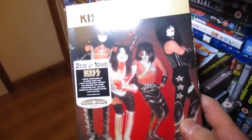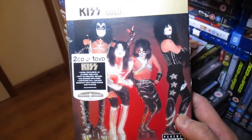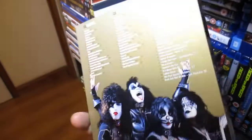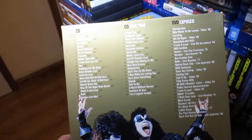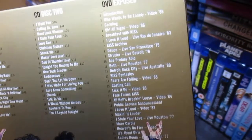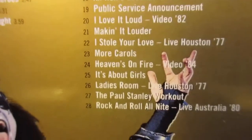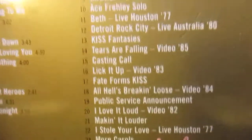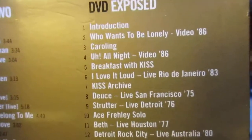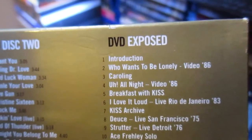Next up we have Kiss Gold, which features two CDs and one DVD. I've always been a fan of Kiss, and it's got some of their best tracks on here, some of my favourite tracks. Well, some of them, not all of them are my favourites, but it's got, if you can see some of them there. Oh yeah, I forgot, it's got Kiss Exposed on this. It's well worth picking up for this, because this DVD is quite cheap, and it features, like I say, Kiss Exposed, which is a good